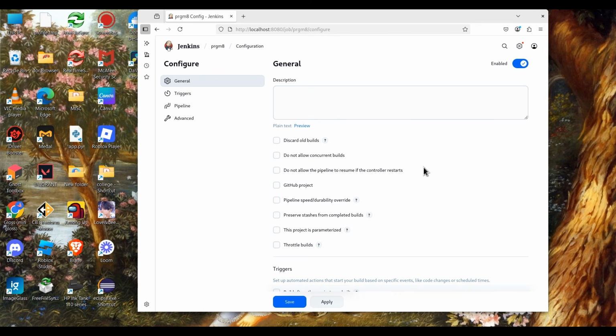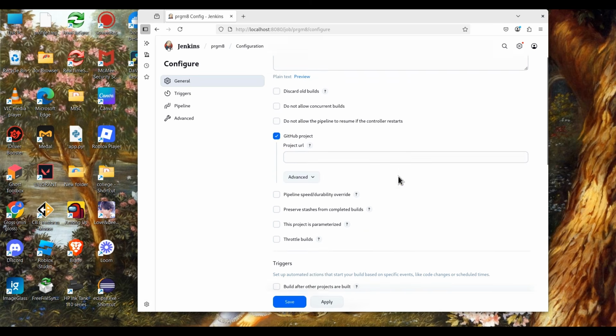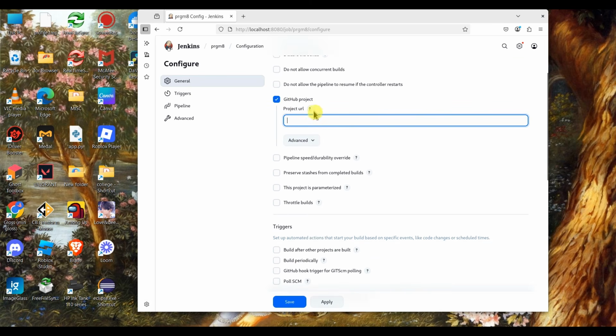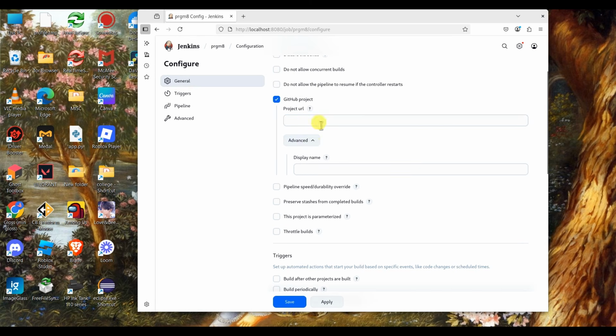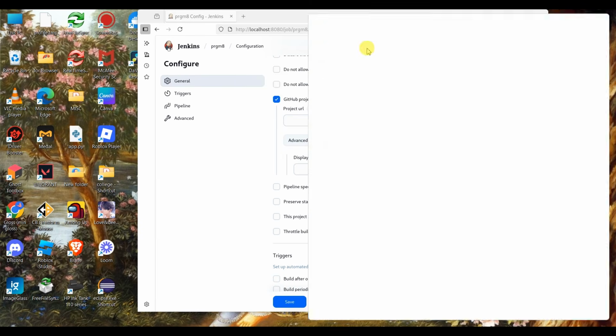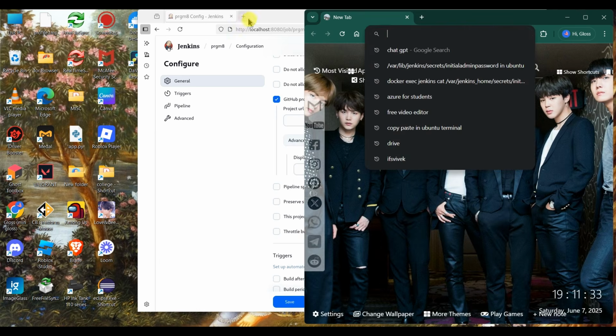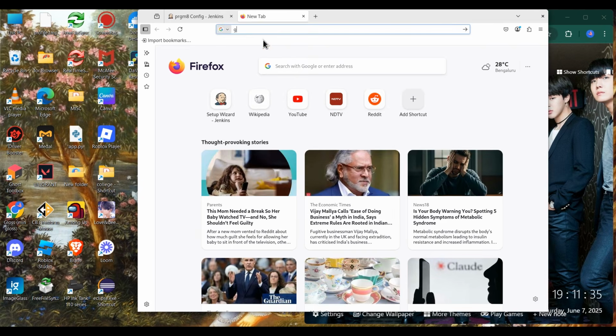Okay. Now in this, there is one more thing that we'll have to do. In this, we will be giving configuration as GitHub project and project URL. For the project URL, it will be from your GitHub. So what you will have to do is go to Chrome, or you can do it here only. Open GitHub,